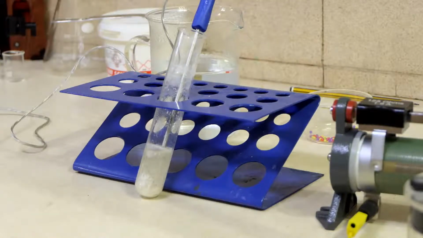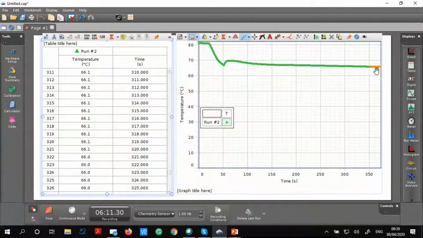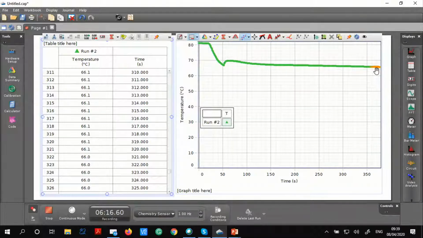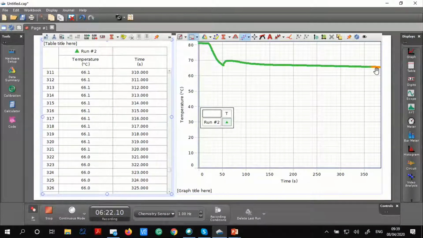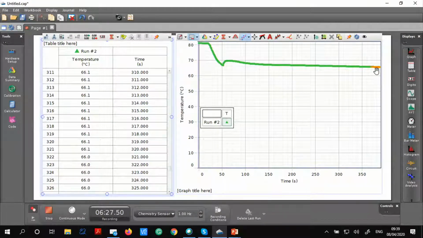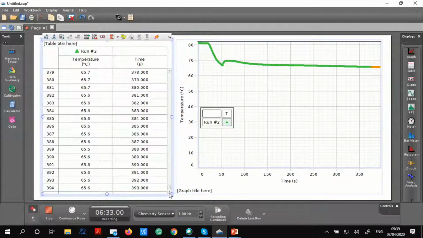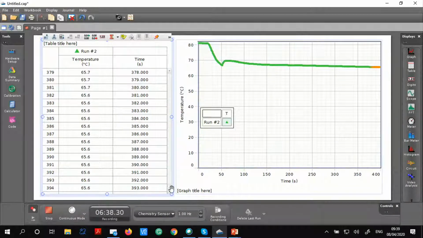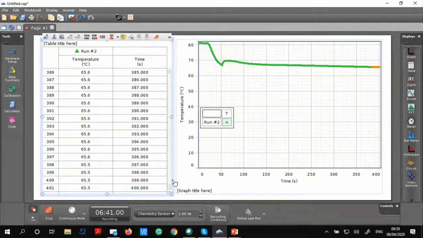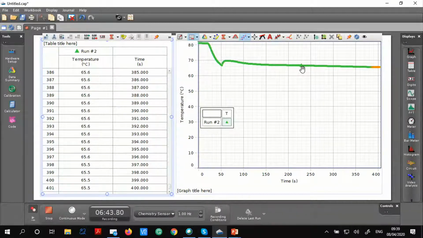So it's looking fairly solid now. And what I should expect to see is something happening. And what we have to do here is wait. When I do this experiment as a demonstration on YouTube, quite easily I can compress the time. But here we cannot compress the time. We're just having to watch and see that we've got to about 393 seconds, and still it's just staying at